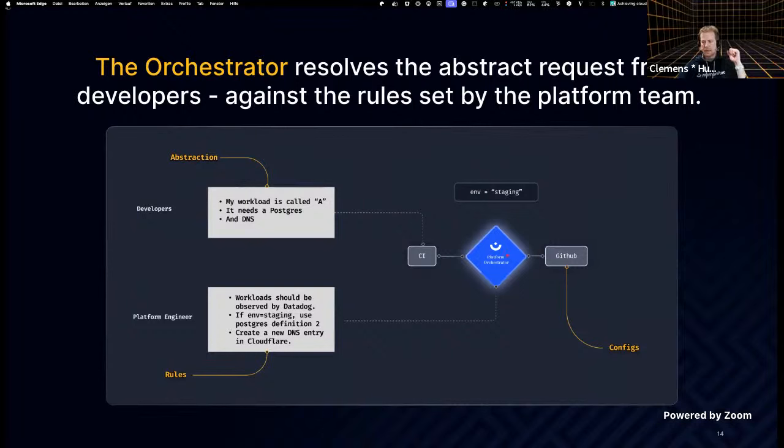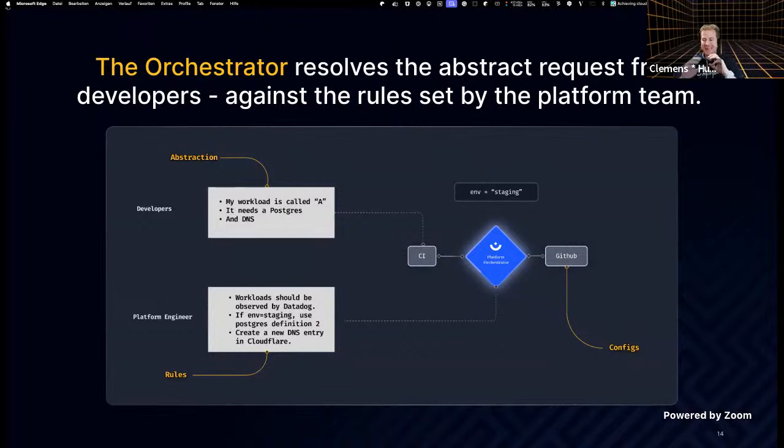And how it does that is not determined by just anybody who is caring for a different piece of software, but it is determined by the platform engineers. So the ops side of the equation. As you can see, there is a clear separation between those two, the developers and the platform engineers. And the platform engineers actually teach the orchestrator to respond to that abstract ask of the developer in a defined way per environment.